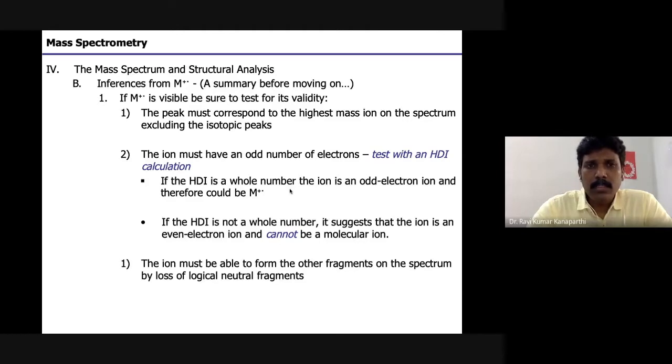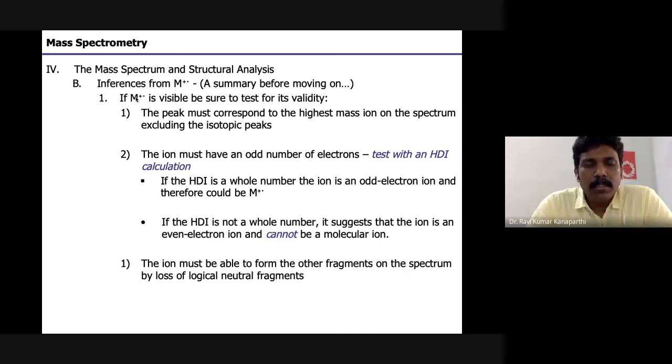We have discussed that there are basically three major aspects. One is how to identify the molecular ion. Okay, how to identify the molecular ion. That is the first job. When you are given any mass spectrum, first you try to identify it. For that, usually at the extreme right hand side of the mass spectrum, you can find a molecular ion peak for most compounds. There are a few exceptions that we will discuss when we discuss special cases.